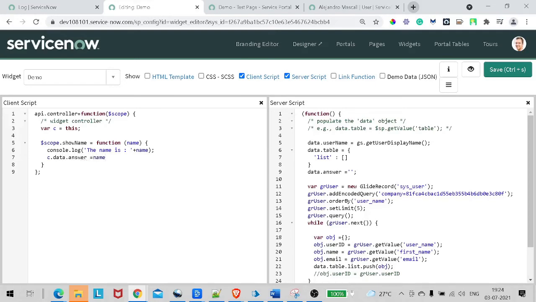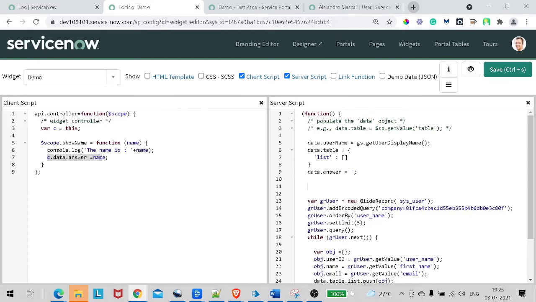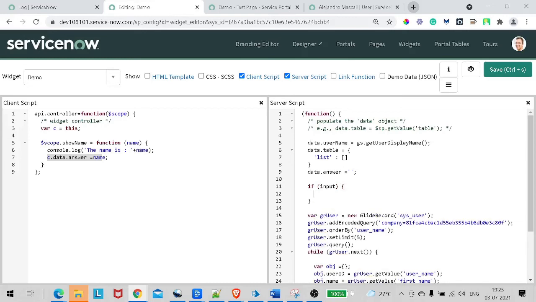In the initial stage it will be empty, so we will define a function which will check if the input is empty, because it's an input to the server side script, right? If we have something in the input, right now it's empty, but if we have something in the input,